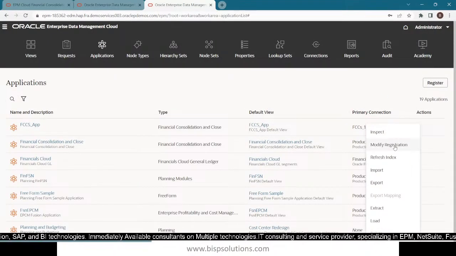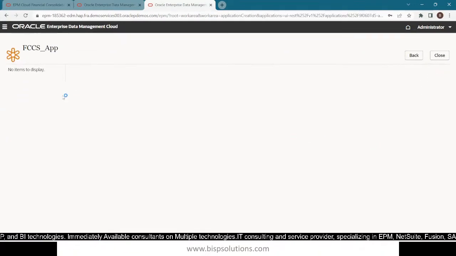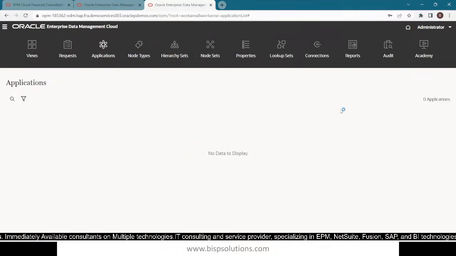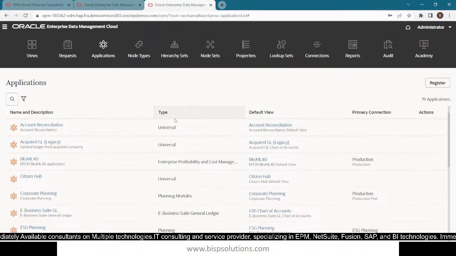With the modify registration, you can modify the registration if you want to make any changes in that, so you can do that. Let me just close it. Okay, and with this filter tab, you can see the